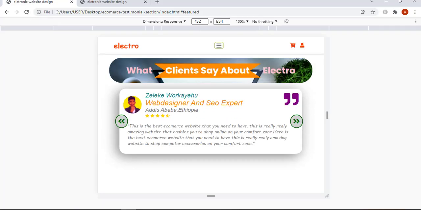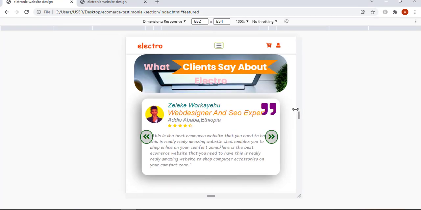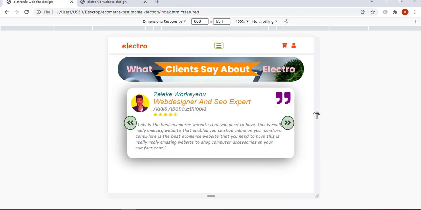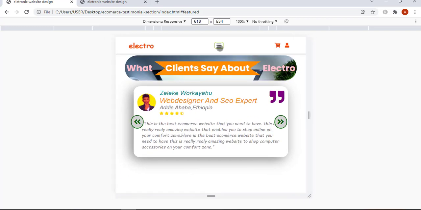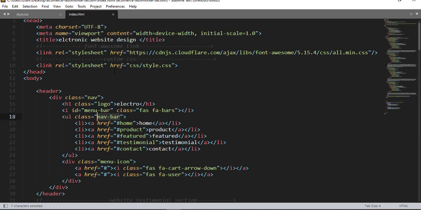Now let me save and refresh in my web browser. Here you have, as you see here, all the menu bar disappeared. So again, now let me add another class name inside this UL element, active, and then